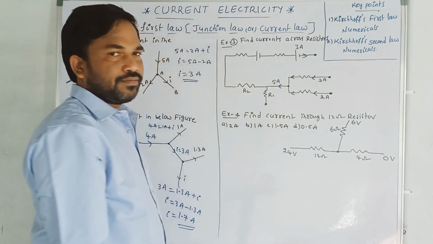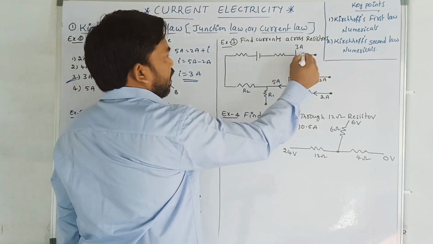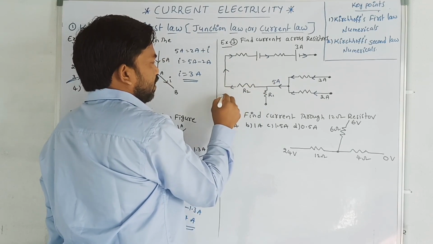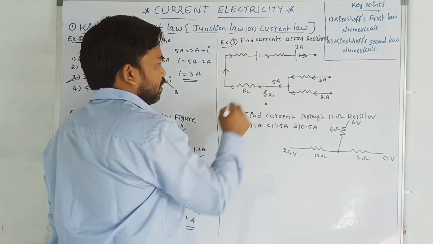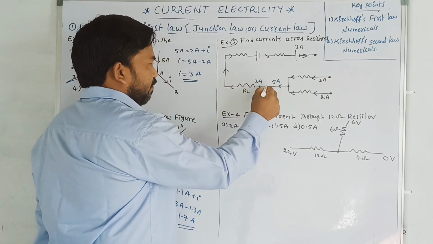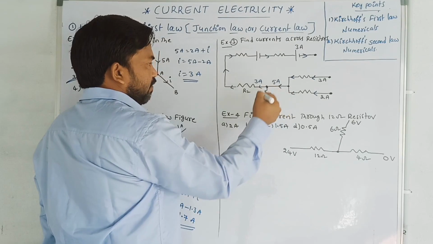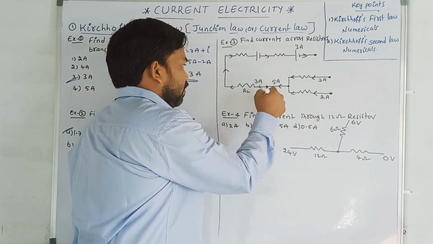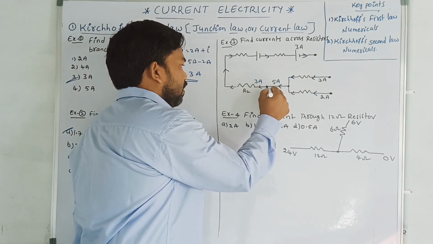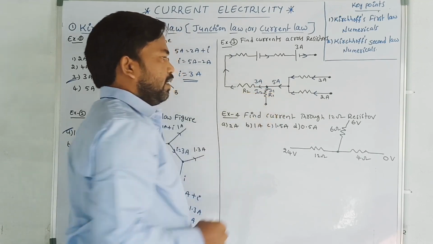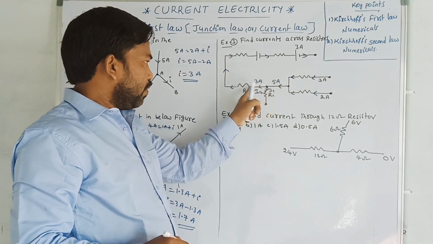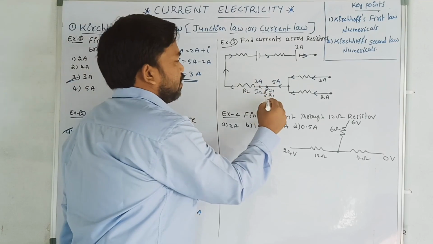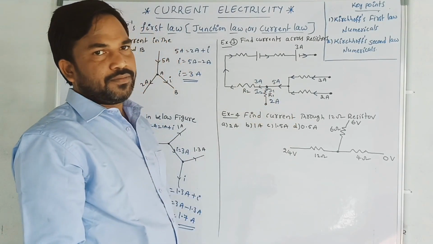5 ampere current. Now, 3 ampere current is leaving from here, and from here also 3 ampere current is leaving. At this junction, the current is 5 ampere, and 3 ampere is leaving. Then the current is distributing into I1 and I2. This is 5 ampere, and going this side is 3 ampere, so how much current is going through R1? Directly 5 minus 3, that is equal to 2 ampere current.